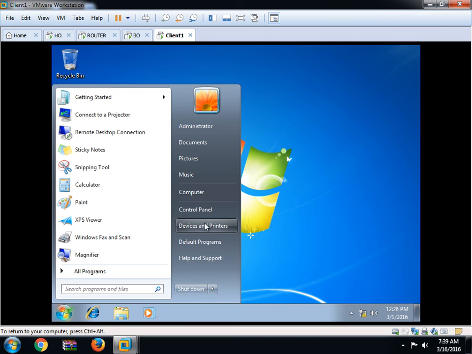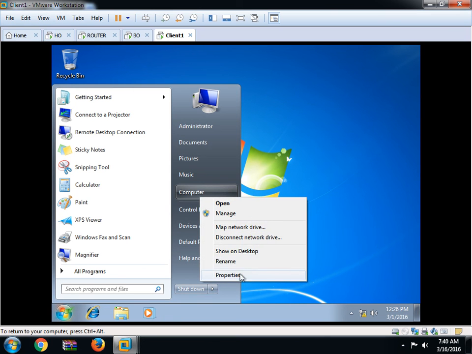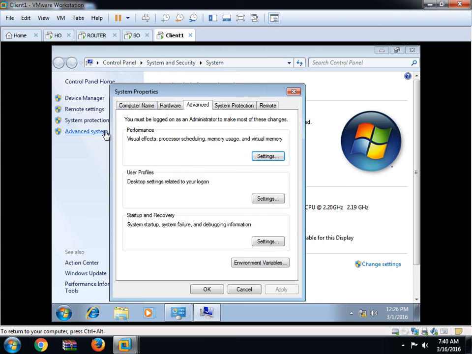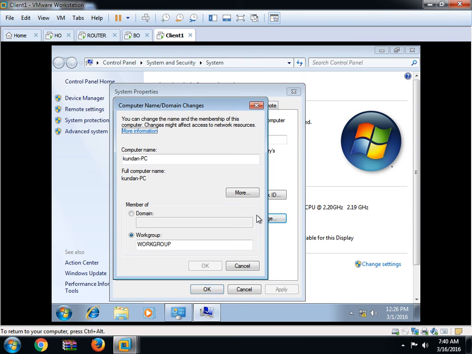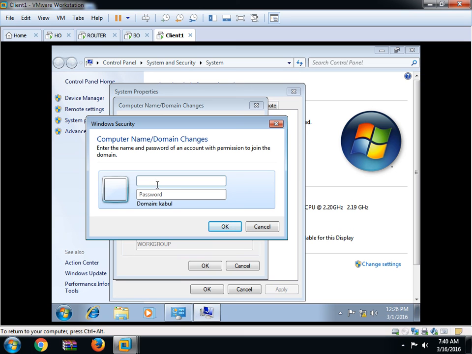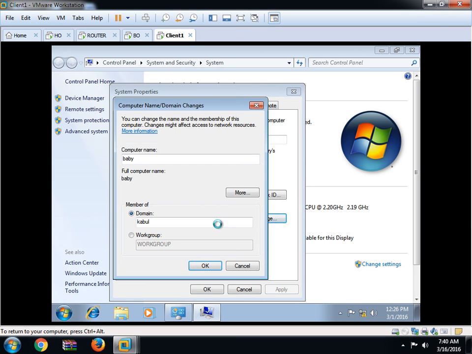Now right click on computer and go to properties, computer name, join this domain, simply kabul.com. The computer name can be anything, take baby. It will take some time. Administrator, password @123, and reboot this device and log in with user 100.